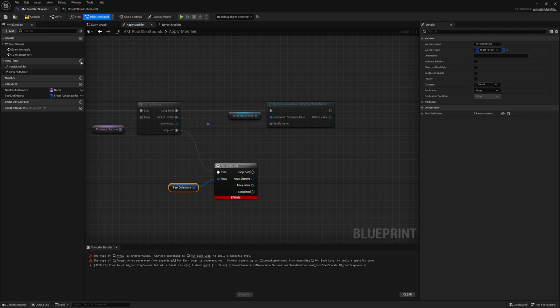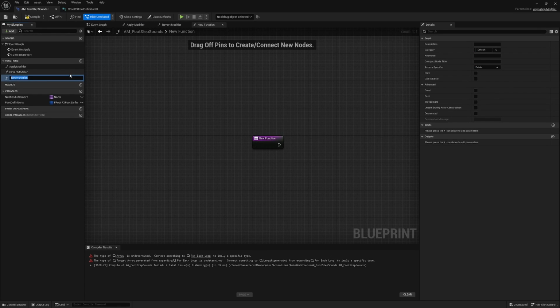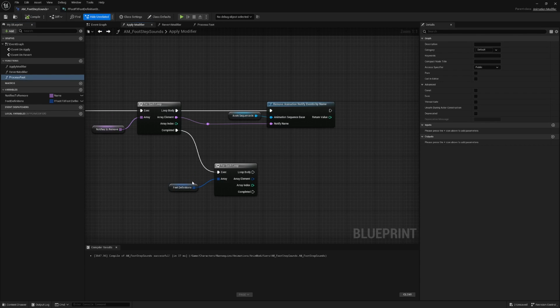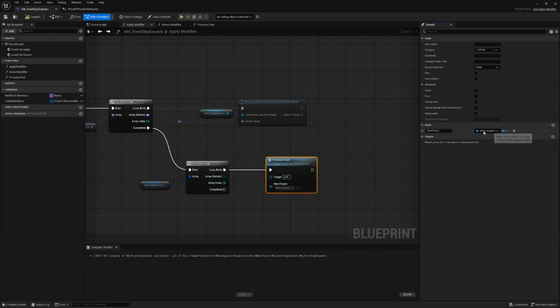And now I'm going to create another function to try to keep things organized here. This one I'm going to name process foot. It'll additionally allow us to run the same set of code for each item in this array to keep things more optimized as well. I'll drag it into this graph and connect it up to the loop body. I'll give it an anim sequence in input, just like our function that we've previously created for applying the modifier,